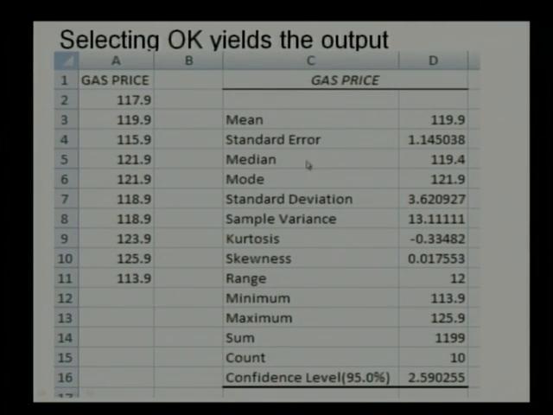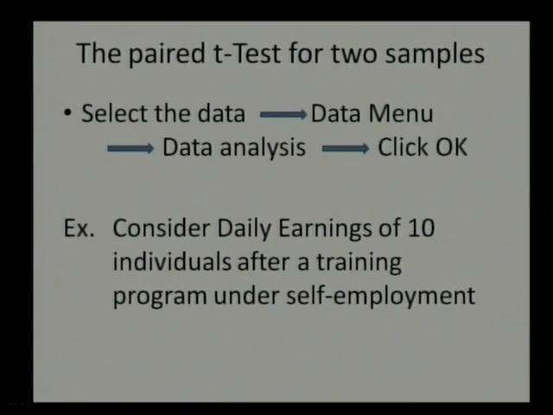So the median of this data. All these important measures of central tendency, measures of standard deviation, and what is the kurtosis of this data, what is the skewness in this data, what is the range of this data, what is the minimum value in this data and maximum value, all such things can be easily identified. What is the total and how many observations, that is the count of this data, and so on. All such detailed descriptive statistics in one go can be easily identified.